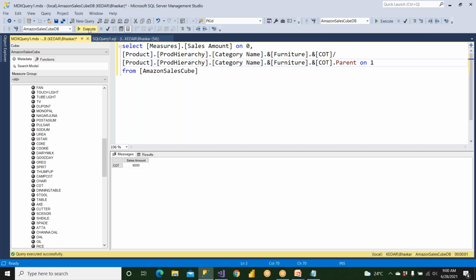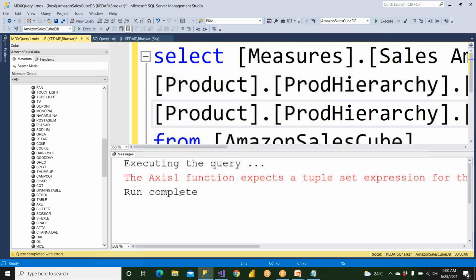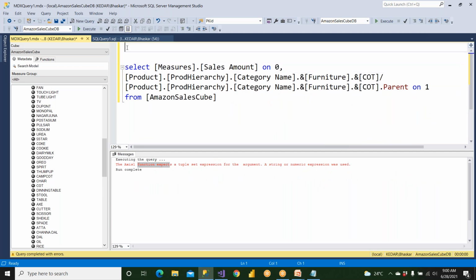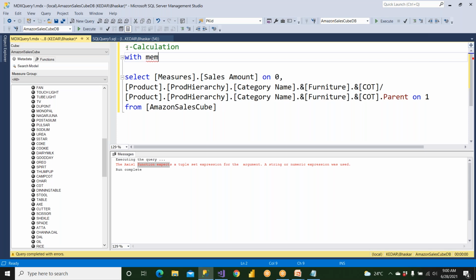So if I write like this, will it work? You cannot write this kind of function in your MDX queries directly. So what you need to do, you have to create a calculation. So how to create a calculation? We knew. So any expression, if you wanted to write, you create a calculation. So with member, I wanted to know product sales percentage. Okay, product sales percent. So that is the name